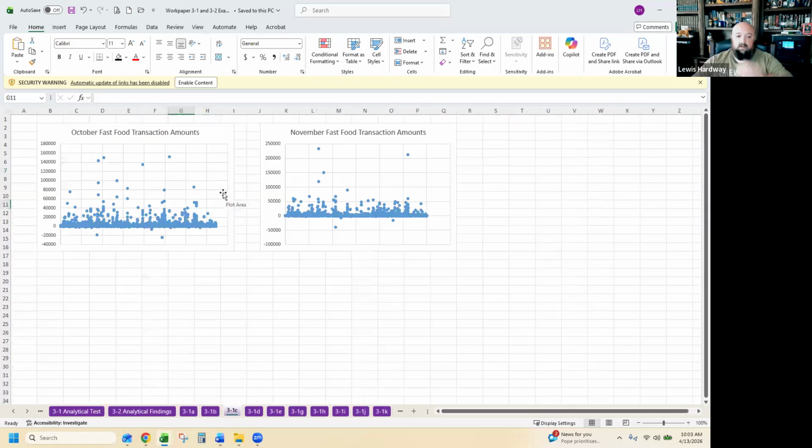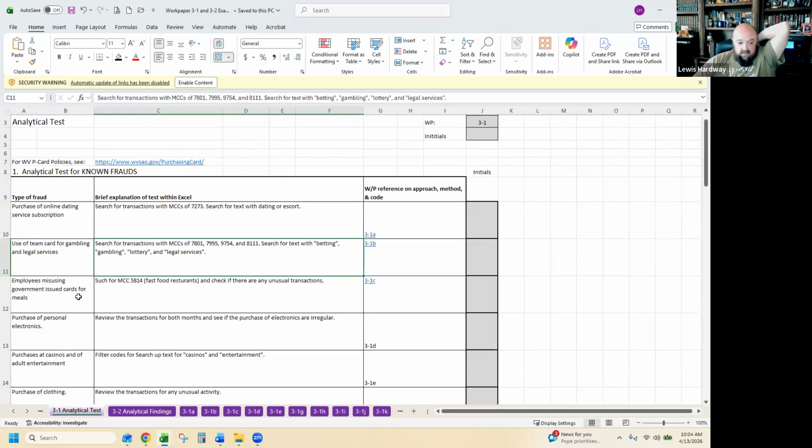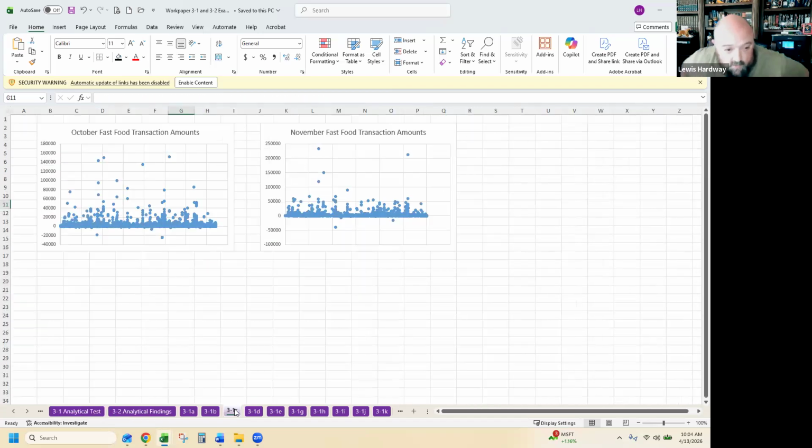Here's a little graph where they're looking at fast food transactions and they've graphed out, I think this is quantity. 1C, search for the 5814 and check if there are any unusual transactions. On this graph, there's no labels. It would be nice if I knew what the label on the transaction was.